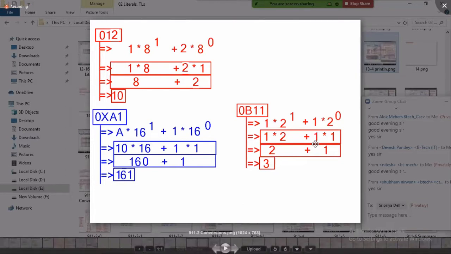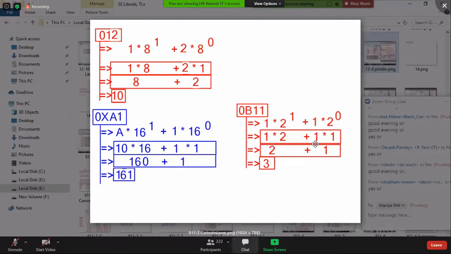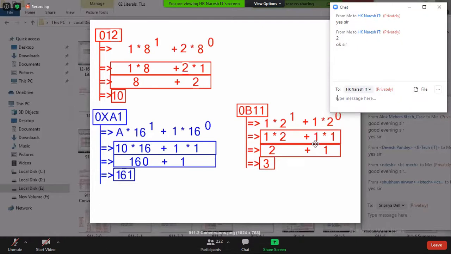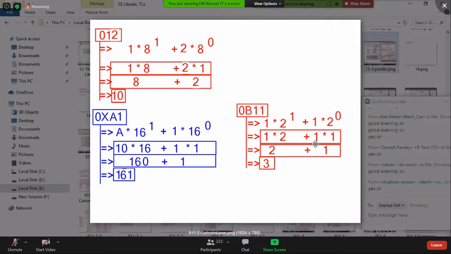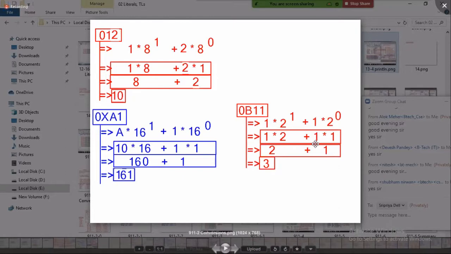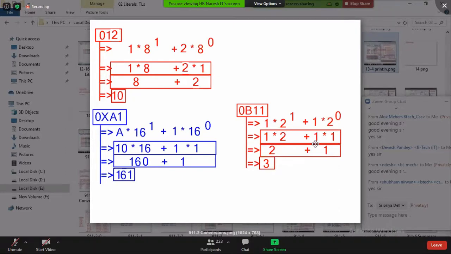How to convert octal, hexadecimal, binary to decimal? So I hope all the people got clarity?